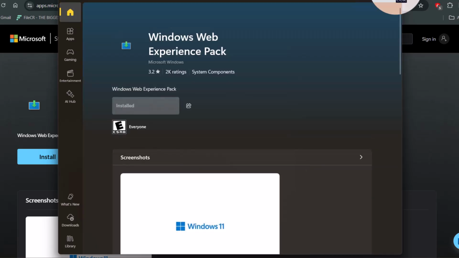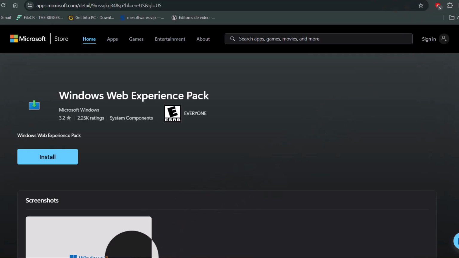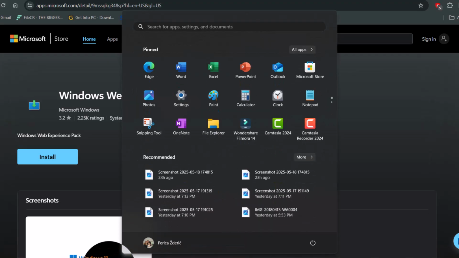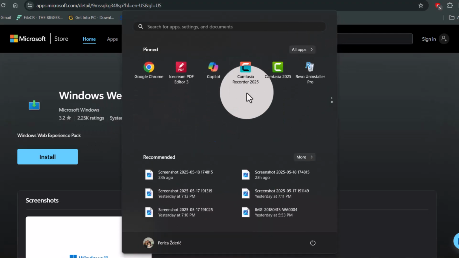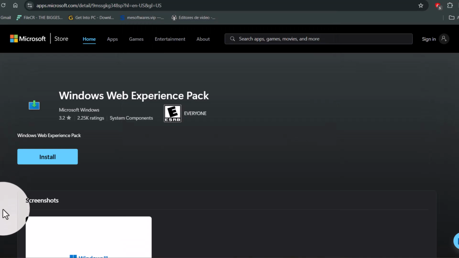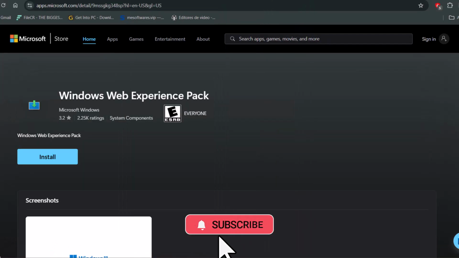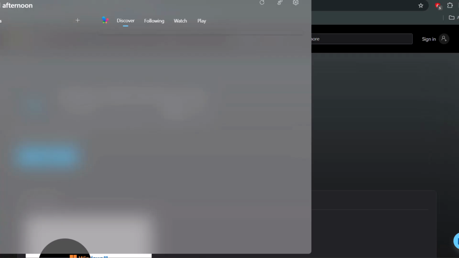Let's check it. We see it is installed in our programs. It is installed for sure. And now, as you see, widgets work properly. A second, it's a refresh, and as you see,